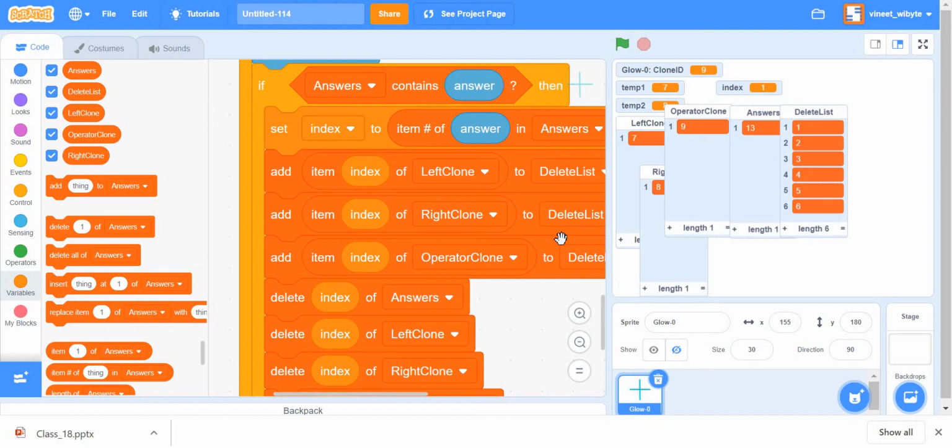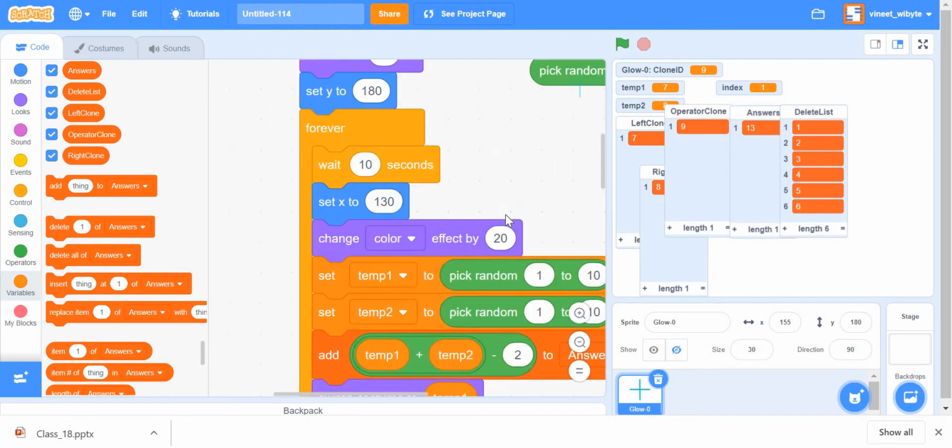For example, I might get 7 plus 6, which is 13. I might get 9 plus 4, which is also 13, right? So remember, when I'm getting these questions, I'm just adding all the correct answers to the answers list. So it's very much possible that my answers list will have repeated entries, right? So let's see that. In fact, we should get it quite easily.